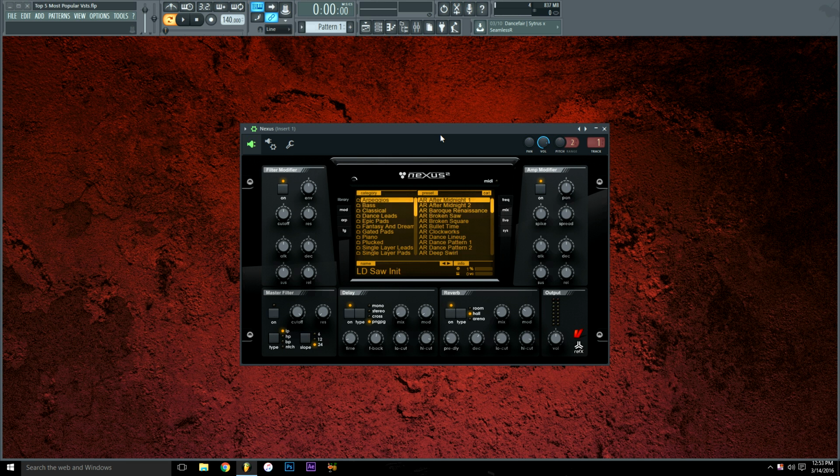So today, if you read the title, I will be going over what I believe are the top 5 most popular plugins. Keep in mind, this has been done a pretty good amount of times and you might see some repetitiveness. I'm sure you will, just because like the title says, it's the top 5 most popular VSTs, although it is my own opinion. So starting off at number 1, we have Nexus 2,